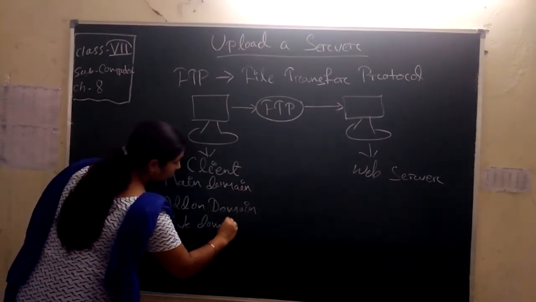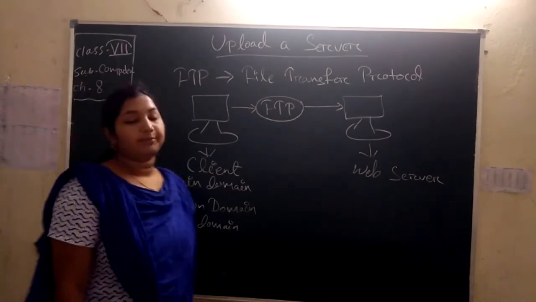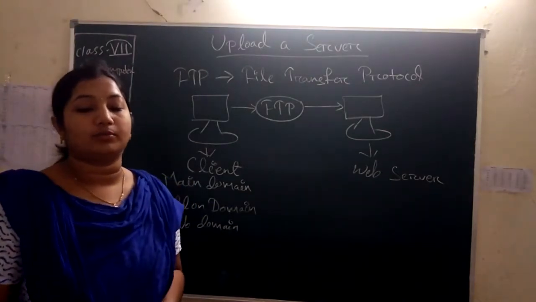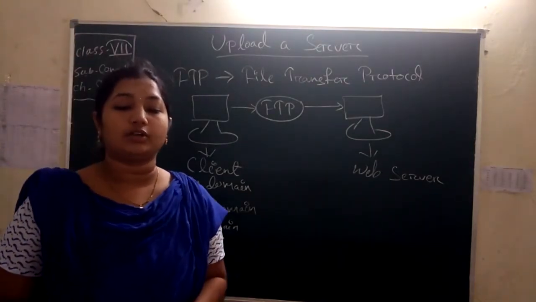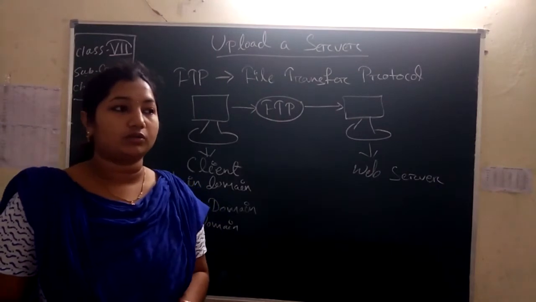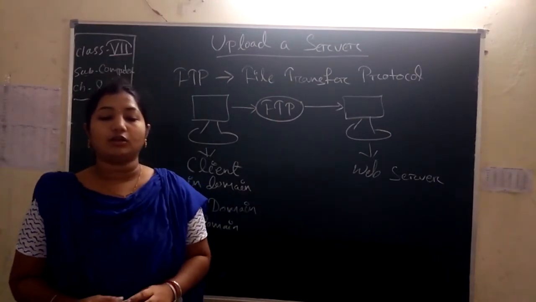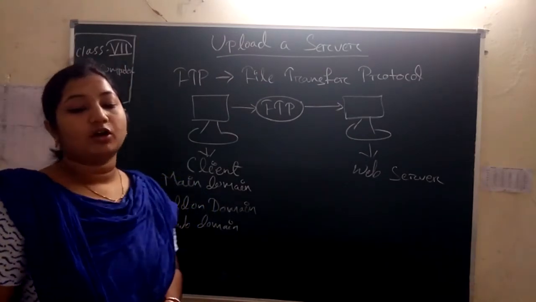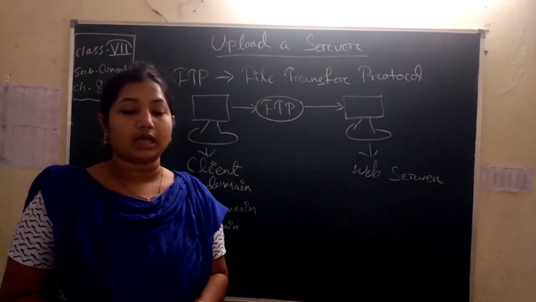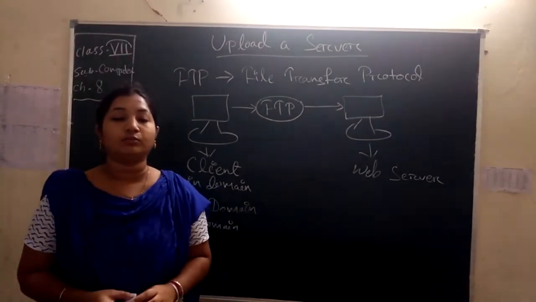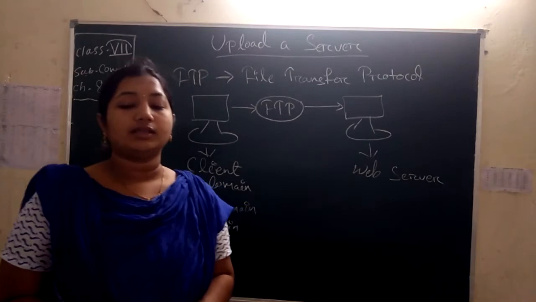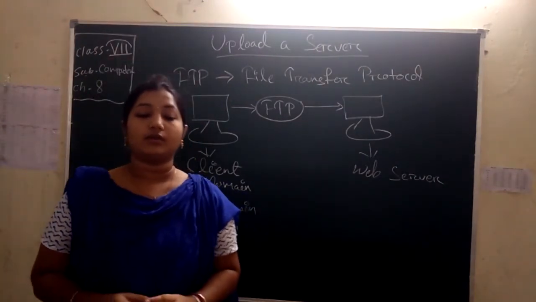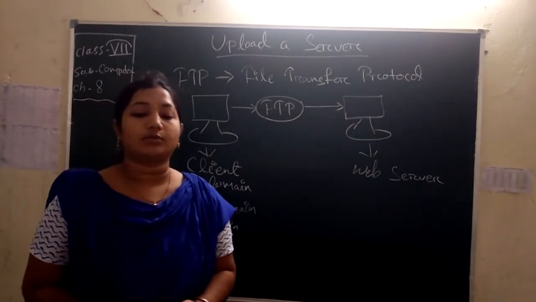So before uploading a document on a server, first we have to know the three things: main domain, add-on domain and subdomain. Now I will discuss how to determine which folder to work with. First is finding the document root. How do we find the document root? The domain document root is known as the home folder, and is the main folder that contains all the files for either a domain or a subdomain.